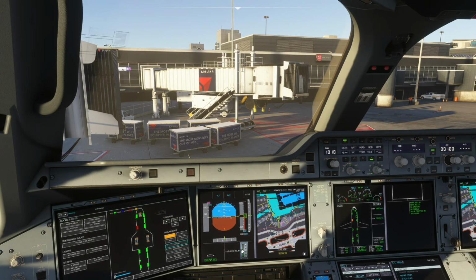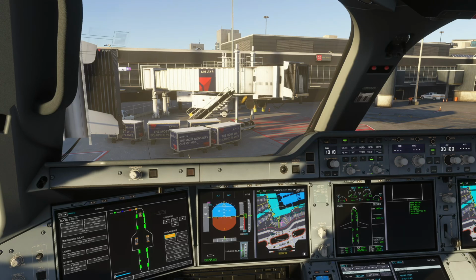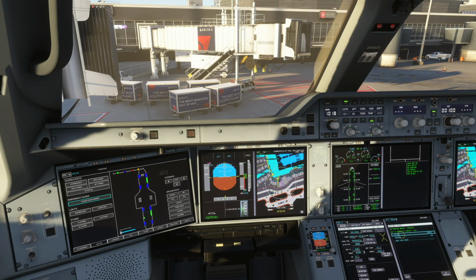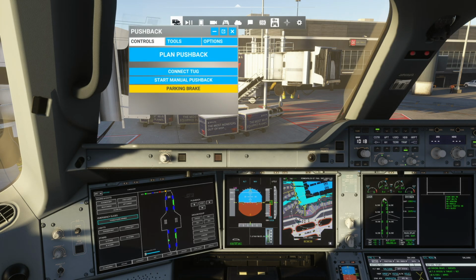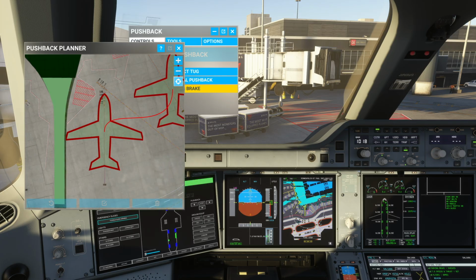Parking brake set. And there goes the jet bridge. Full start checklist. Parking brake set. Takeoff speeds set. Slides armed. Holding at the beacon. And we need to go. So plan the push. We are going